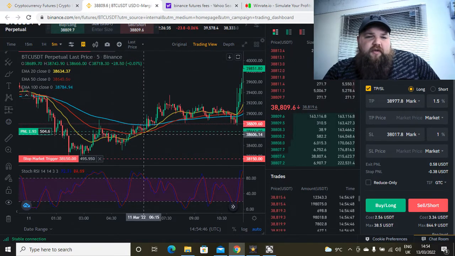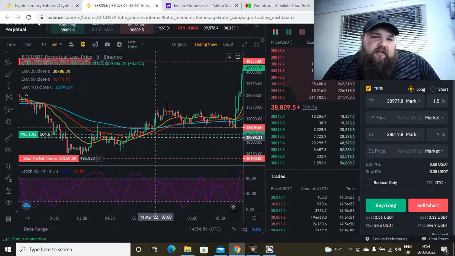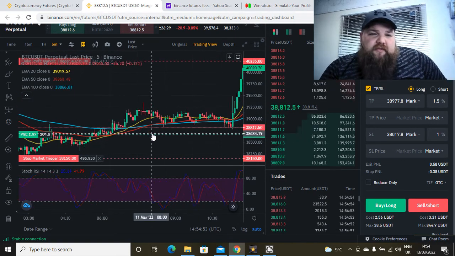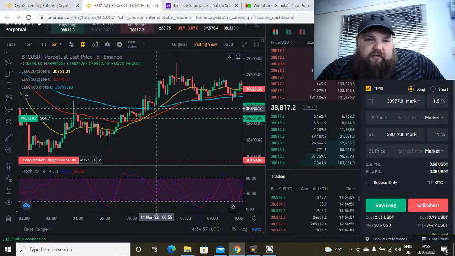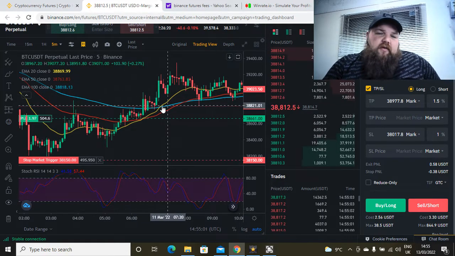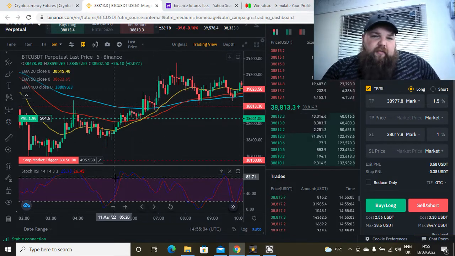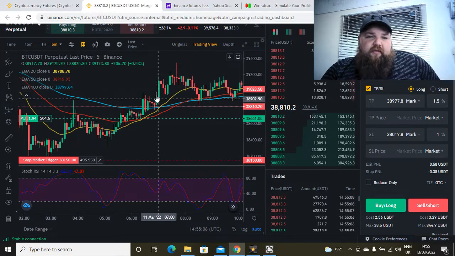It comes over. Now it's crossed the 50 at this point, and now this is starting to pique my interest. So we're having a look. This is where I'm starting to get ready. So now it's crossed the 50, it's crossed the 100, and it's followed by a couple of big green candles. Okay, so this would have been an indicator for me now that we're in a definite uptrend. So I probably would have come in around this point,